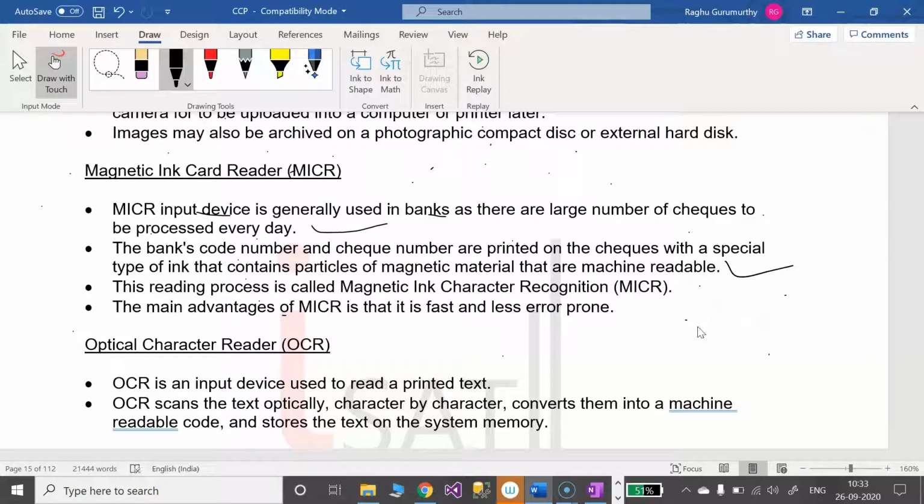The data available on checks contains magnetic material through which the magnetic ink card reader reads the data. The reading process is called magnetic ink character recognition. The main advantage of MICR is that it is fast and less error prone.